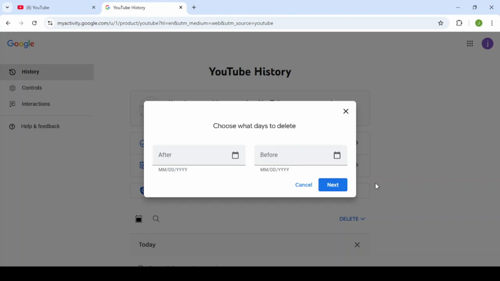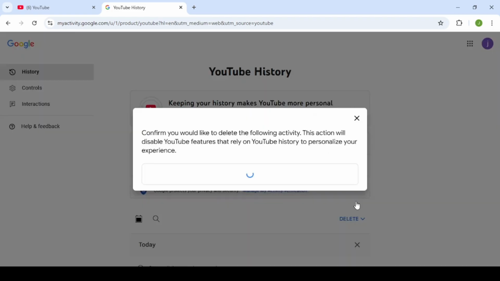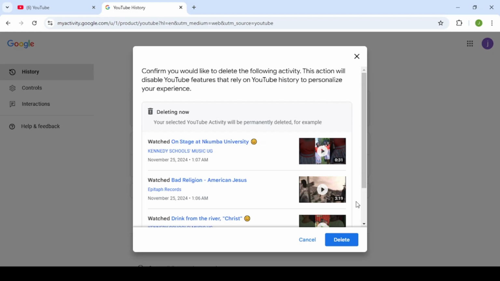So in this case, you can decide to delete part of the things you have been watching or searching by putting in the dates, but that's not our interest. All we want to do is to delete everything, all our history. So then I'll click on delete all time. So when I say delete all time, it will bring everything I have been searching,